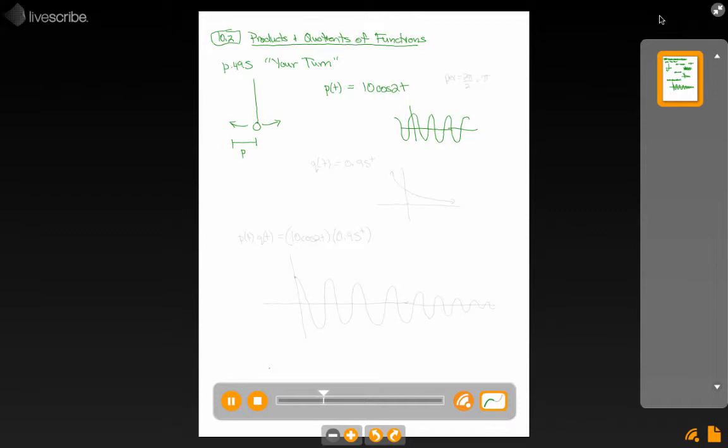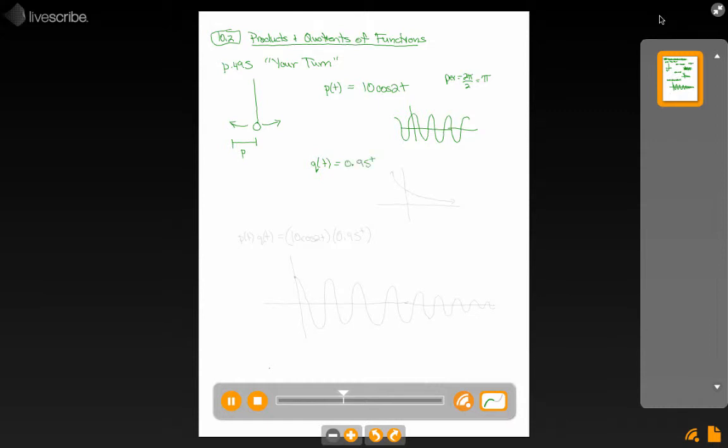And so you could figure out its period. For example, we know that period equals 2 pi over b, so 2 pi over 2 equals pi. So approximately every 3 seconds, this pendulum does a full swing. They also give us a second function. It says q of t equals